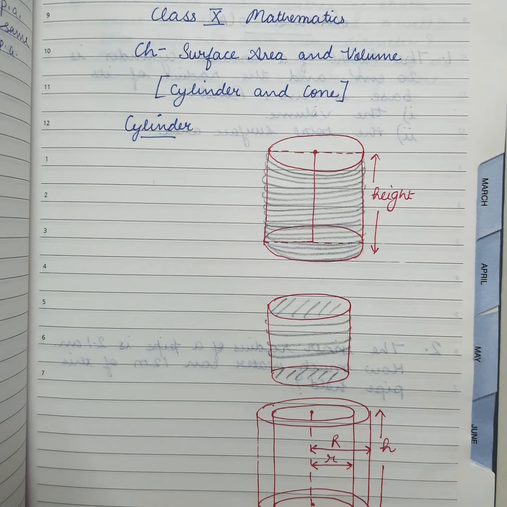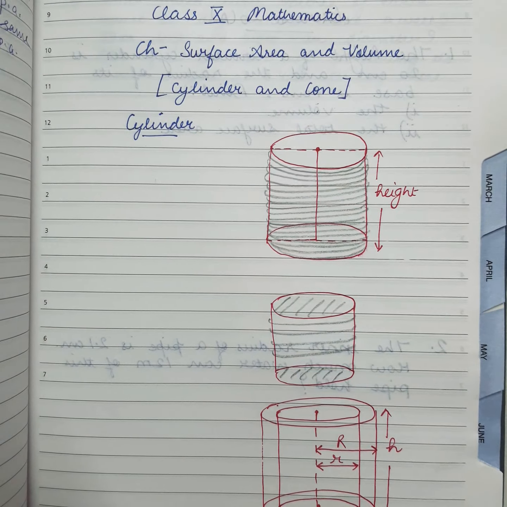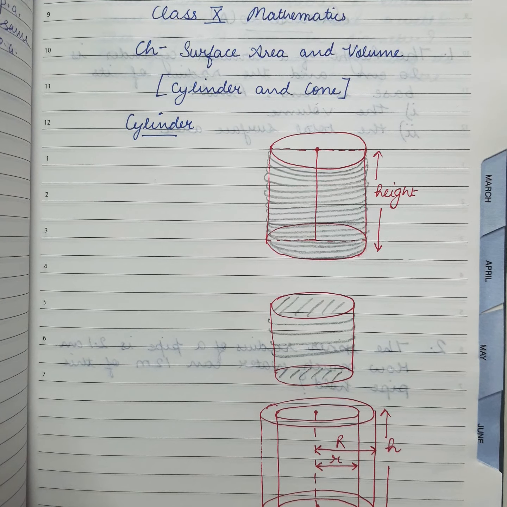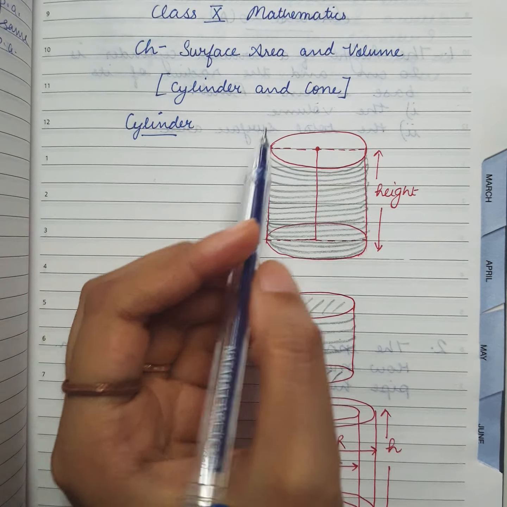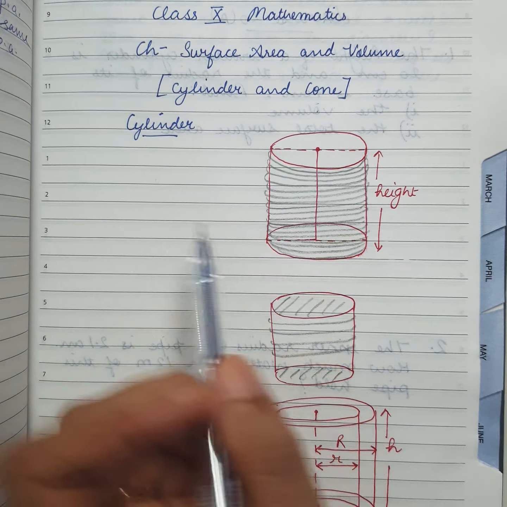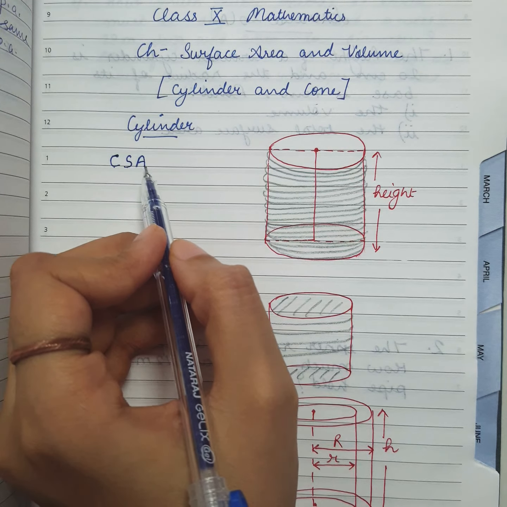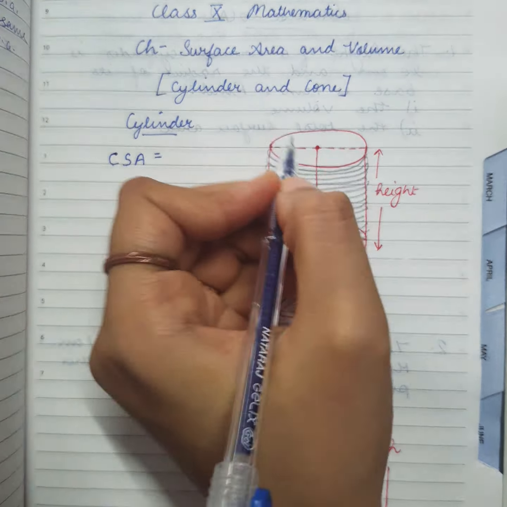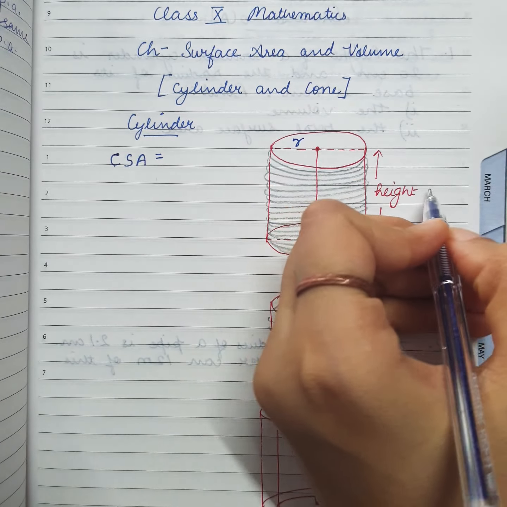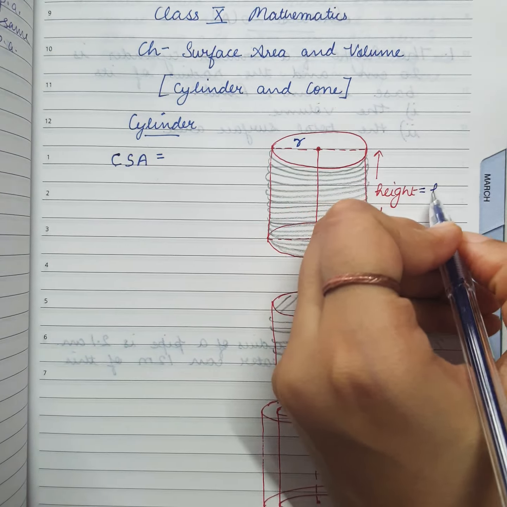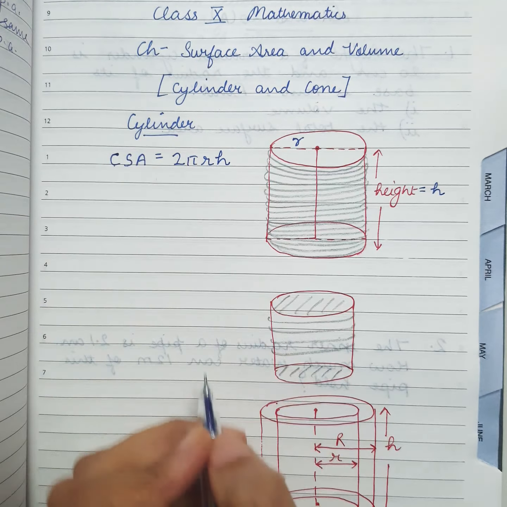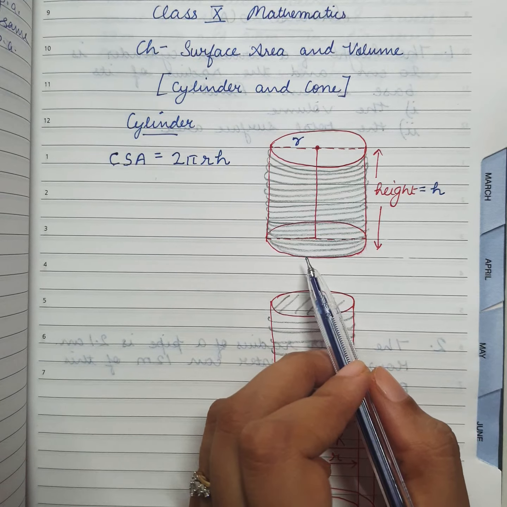While starting the solid shaped cylinder, we must discuss the formulas first of all. Right now, as you can see, here is a cylinder. CSA, or the full form is curved surface area of a cylinder whose radius is r and height is h. Curved surface area means only this round portion's area which has been shaded. The area is 2 pi r h.